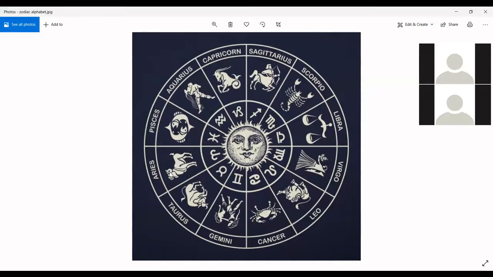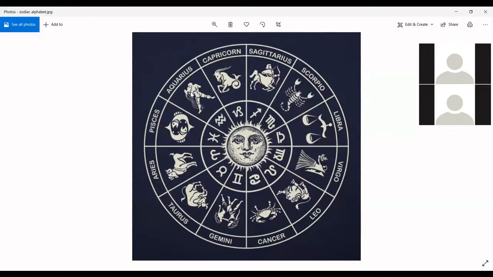That means 3 signs away is your sextile, 4 signs away is your square, and 5 signs away is your trine. Same thing here: 11 signs away is your sextile, 10 signs away is your square, 9 signs away is your trine. You can do that with every sign. Taurus looks at Cancer, Leo, and Virgo, Pisces, Aquarius, and Capricorn. Gemini looks at Leo, Virgo, and Libra, and at Aries, Pisces, and Aquarius.